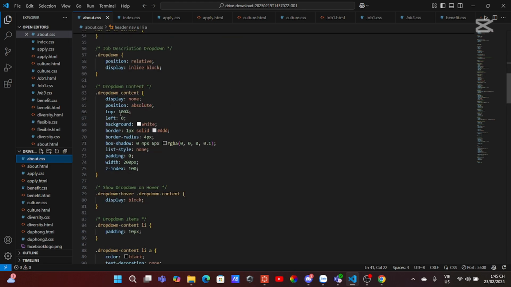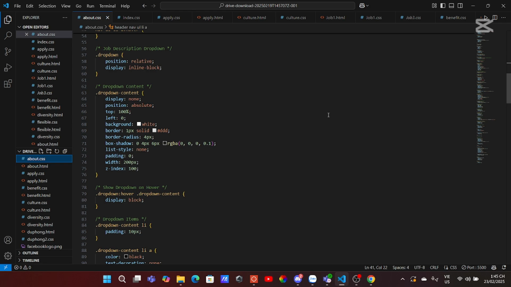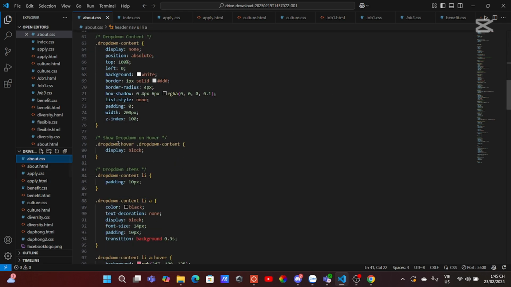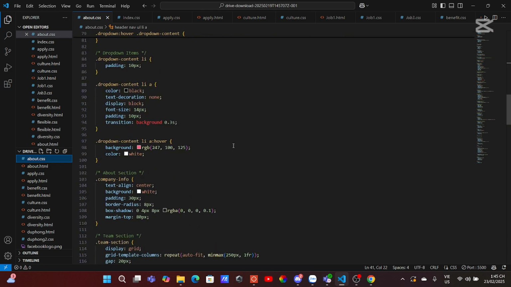So I position it absolute with a z-index of 100 that's maintained at the top of all the elements. I display the drop-down hovers as a block and then pad it at 10 pixels. Moving on, as a background, I add a transition of 0.3, which takes 0.3 seconds to show all the lists, and then I hover it with the background of white and colors overall, which has a background of red, and then